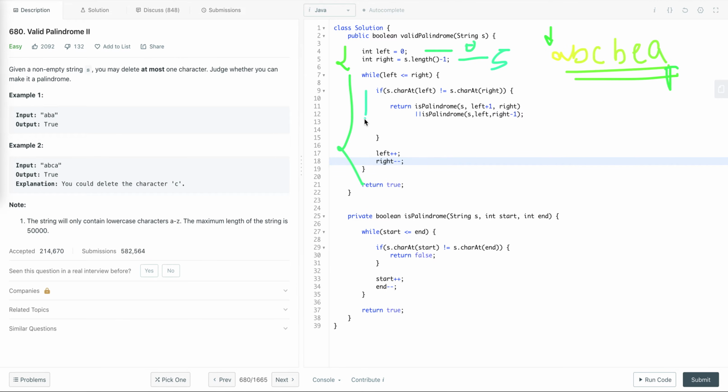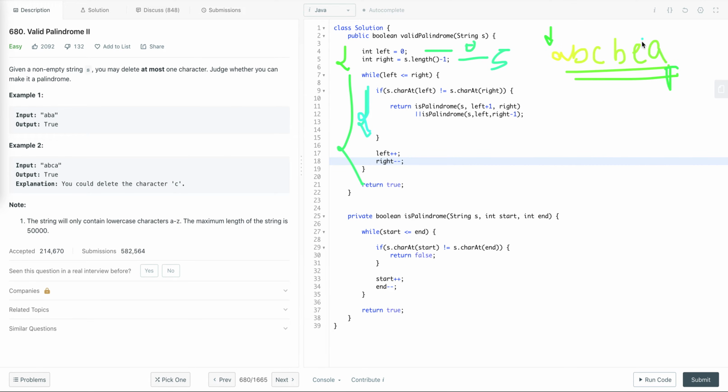Now we compare whether the character present at the left index is not equal to the right index. This condition will execute when the character present at the left pointer is not equal to the character present at the right pointer.